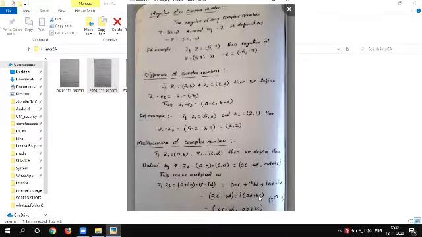Now this can be written as ac minus bd plus i into (ad plus bc), which can be written as (ac minus bd, ad plus bc). This is nothing but the Z1 into Z2 value. That is, Z1 into Z2 is (ac minus bd, ad plus bc).